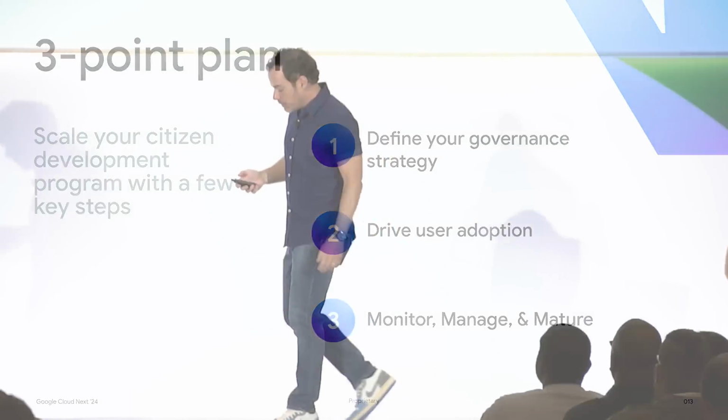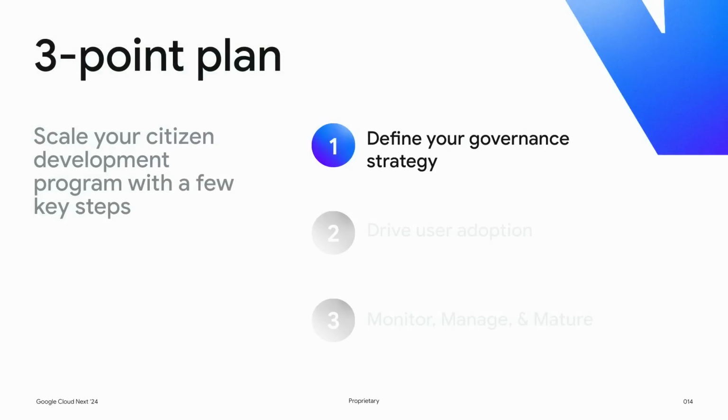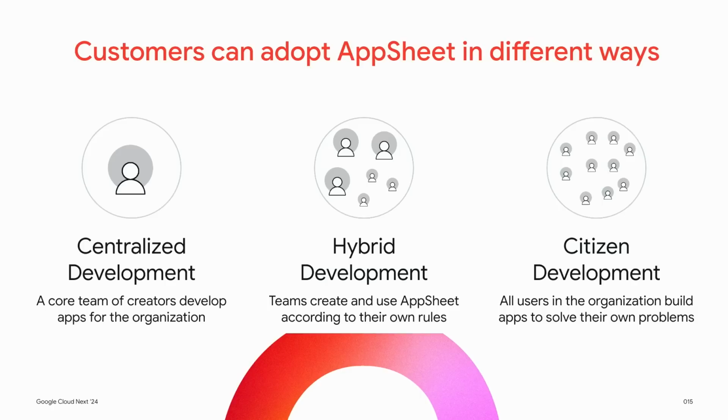Okay, well, Anne spoke about our three-part plan, which begins with defining the governance strategy. Now, as a software engineer myself, I typically prefer just to start writing code, skipping any kind of design stages. It's a problem I've been working on all my career. But seriously, it is very sensible to start with the design and think about, before we implement a no-code solution like AppSheet in our organization, how we're going to govern it. Let's see what that looks like.